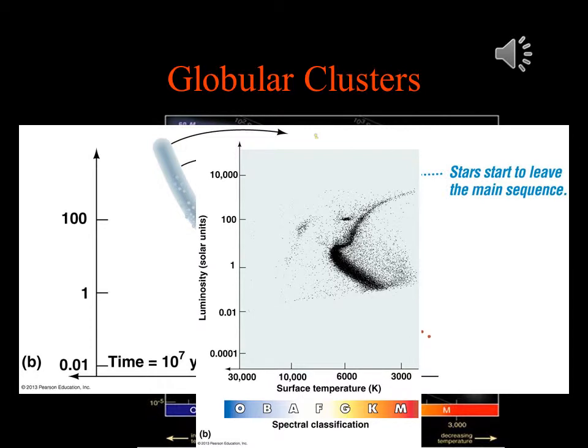Here again is the HR diagram, our means of understanding stars a bit better. Now click to see the HR diagram of clusters of stars, with some stars that are just starting to veer off the main sequence. That means this is a cluster where the age is now more than a few million years, so all the fat guys that burn their energy quickly and die off are no longer